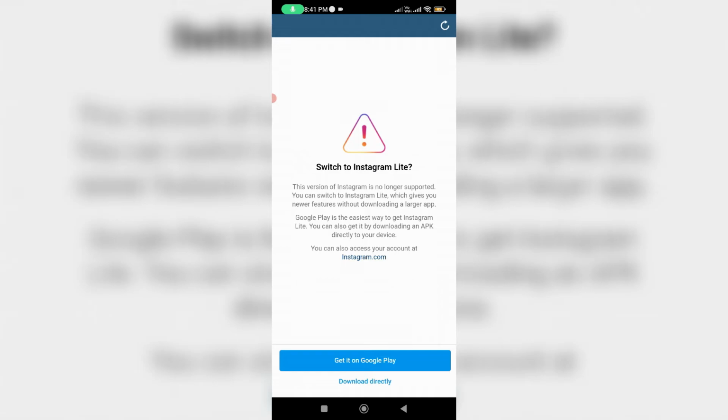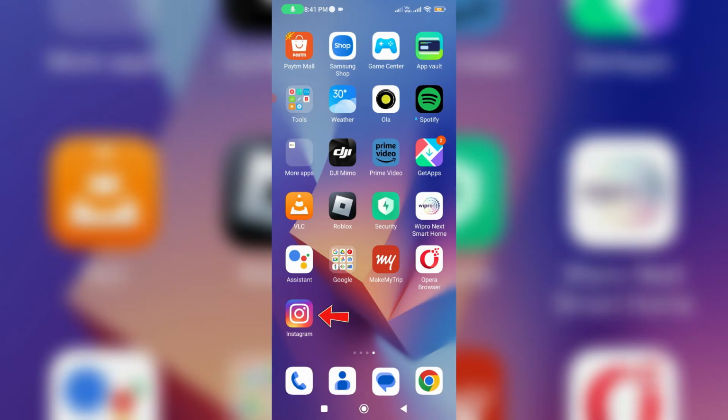Anyway, if you would like to overcome this issue, just follow me, friends. Here I show two methods to overcome this notification. The first method is to close this older version of the Instagram mobile app, simply long press on the app icon, and go to App info.